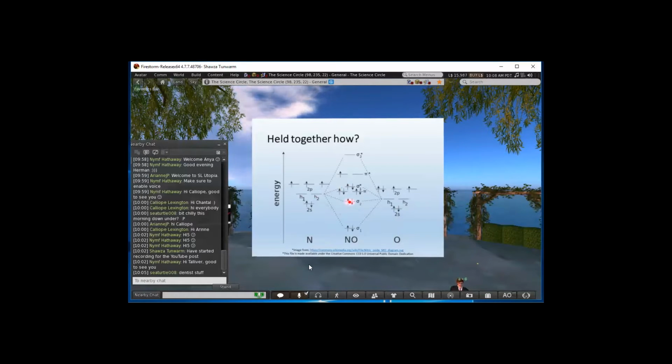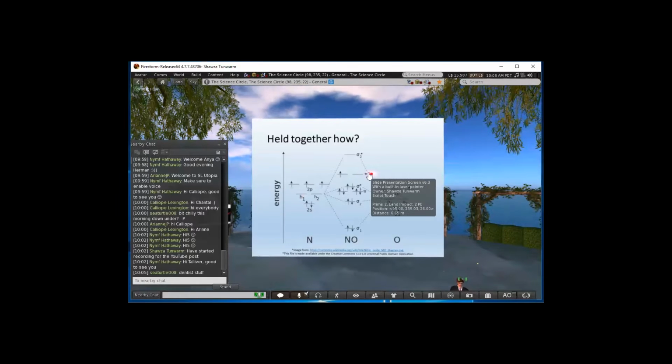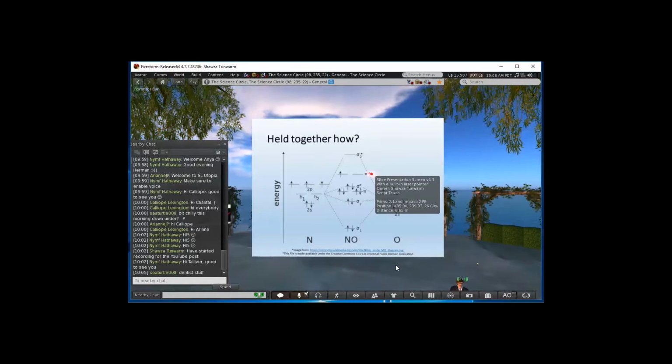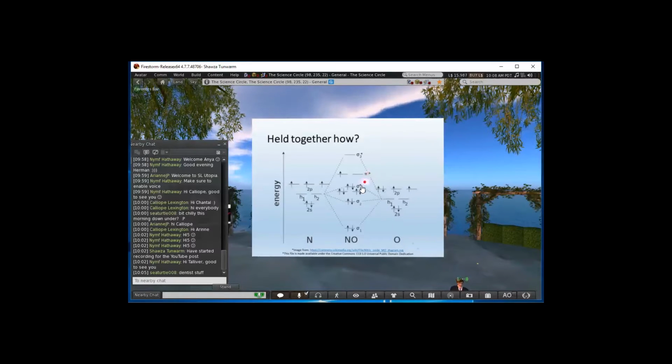I fear I'm getting into way too much detail. Essentially, we end up with one electron way up there in what we call a pi antibonding orbital. This destabilizes the interaction between nitrogen and oxygen. If you remove that electron, you get NO+, and NO+ has a stronger bond than plain old NO does. The other guy to be watching, because NO will turn on you if you don't watch it.